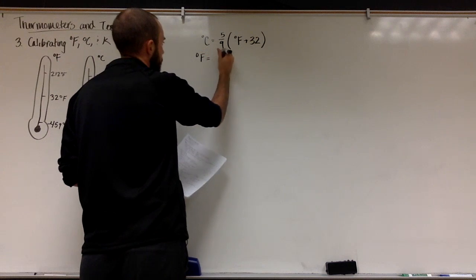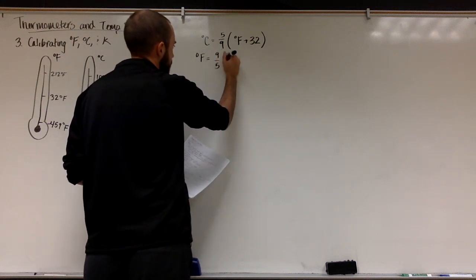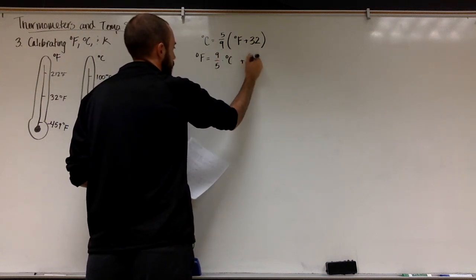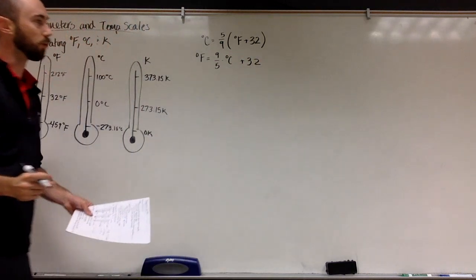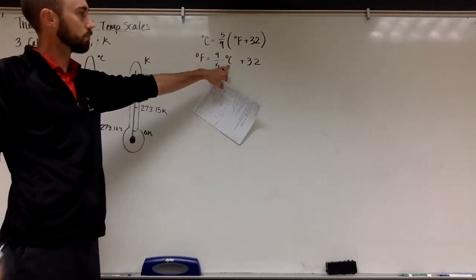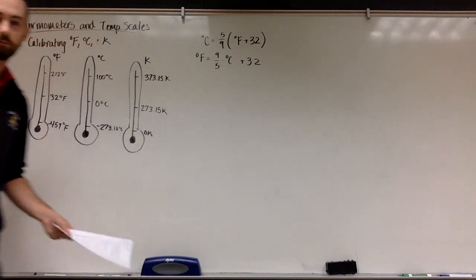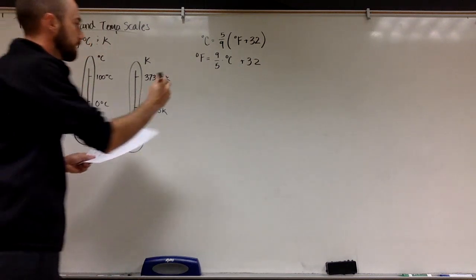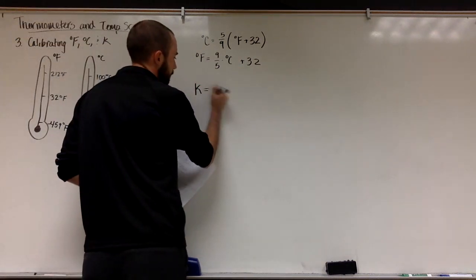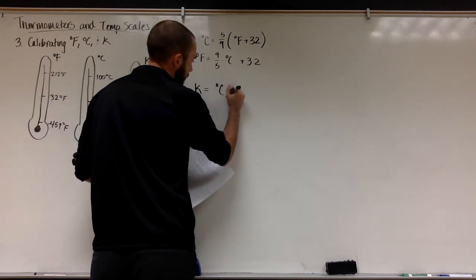Degrees Fahrenheit is going to be equal to 9/5 times degrees Celsius plus 32. The parentheses are important. So when we're at 0 degrees Celsius, we should end up with just 32 degrees Fahrenheit. Pretty neat. And then finally, to go from Kelvin to Celsius, you literally just add